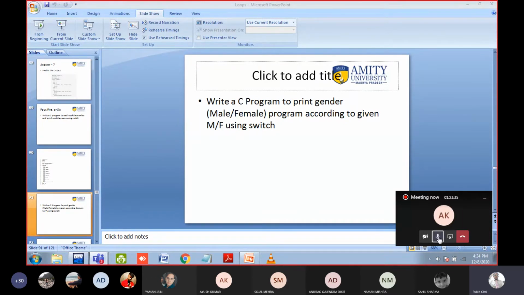Default can be there, when the user has inputted a wrong character, so it is good to write the default statement. That's all. Simple. You write a character inside single quotes, remember it. Characters are written inside the single quotes. So try by yourself, then I will tell you the answer. But I think you can easily do it. It is simple. It is not difficult. Then I will mark your attendance.